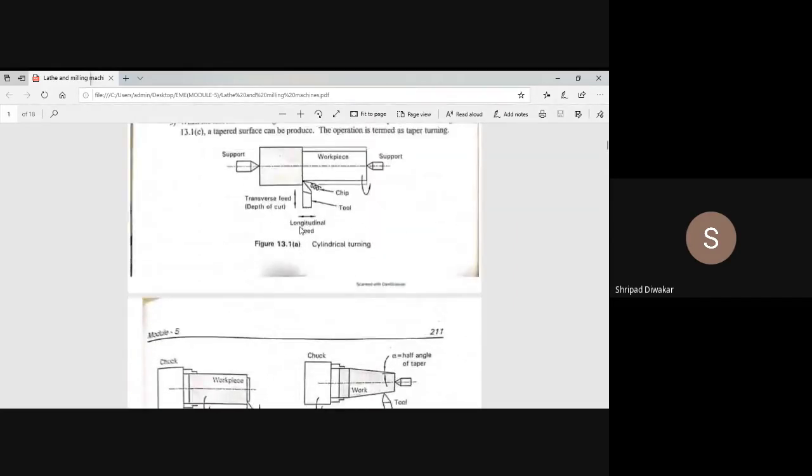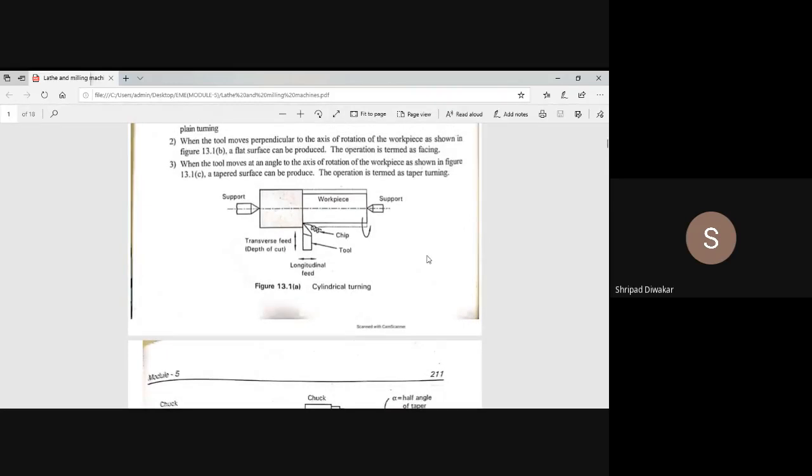Okay, a tool is fixed in the tool post. Next, the third step, we should switch on the motor. When we switch on the motor in a lathe machine, you remember the workpiece rotates, because we are holding the job in the spindle, and as the spindle rotates, correspondingly the workpiece also rotates. You remember, it's the most important concept in the lathe machine. When the spindle rotates, the workpiece also rotates, and the tool moves. The tool moves from right to left, left to right, or in a perpendicular direction.